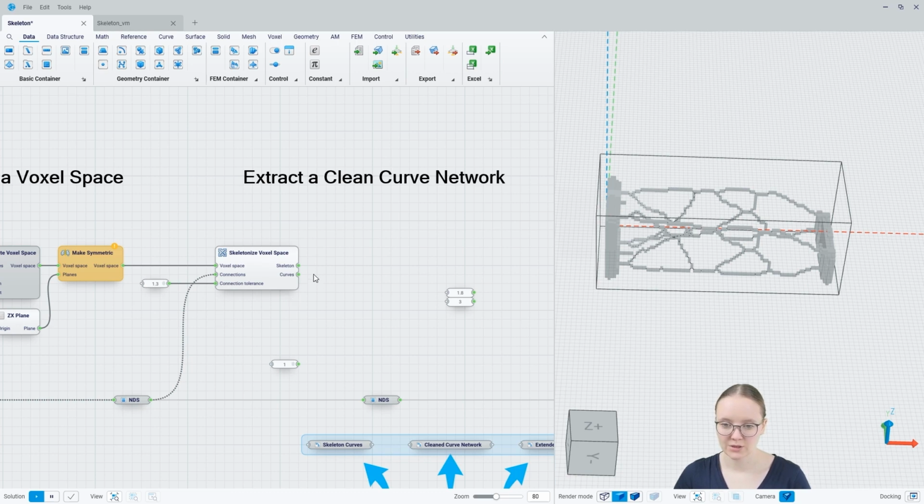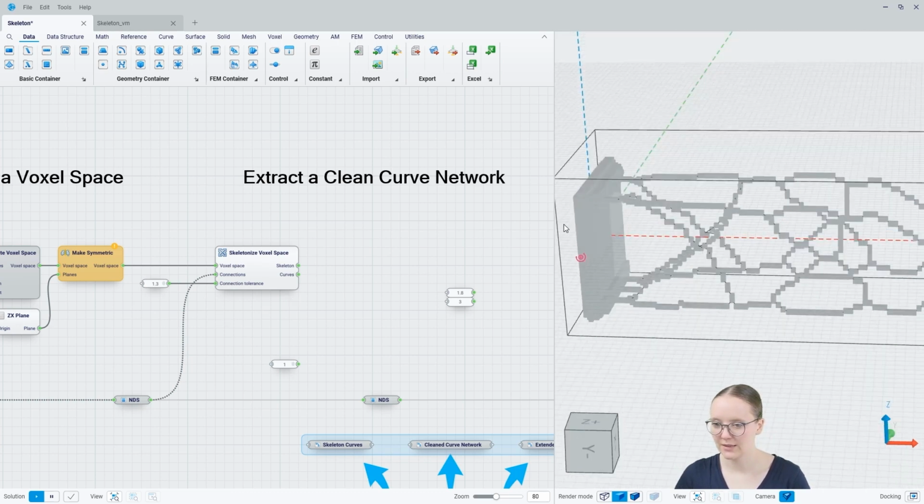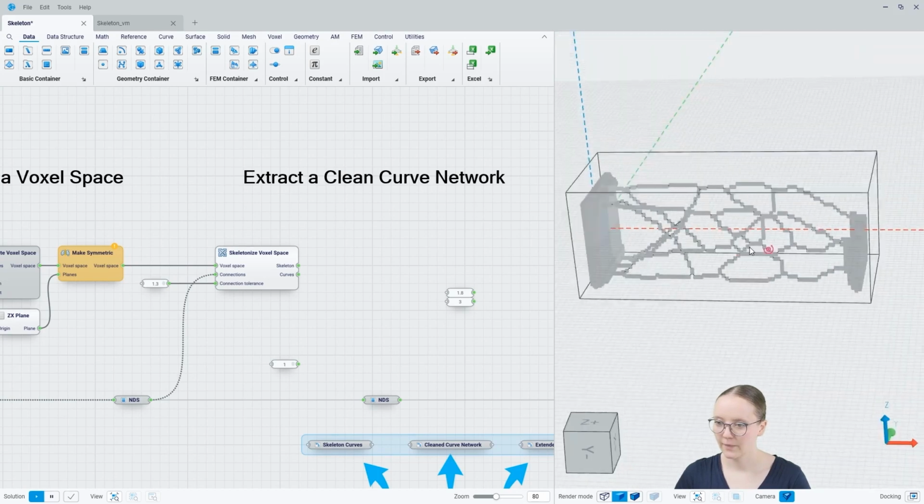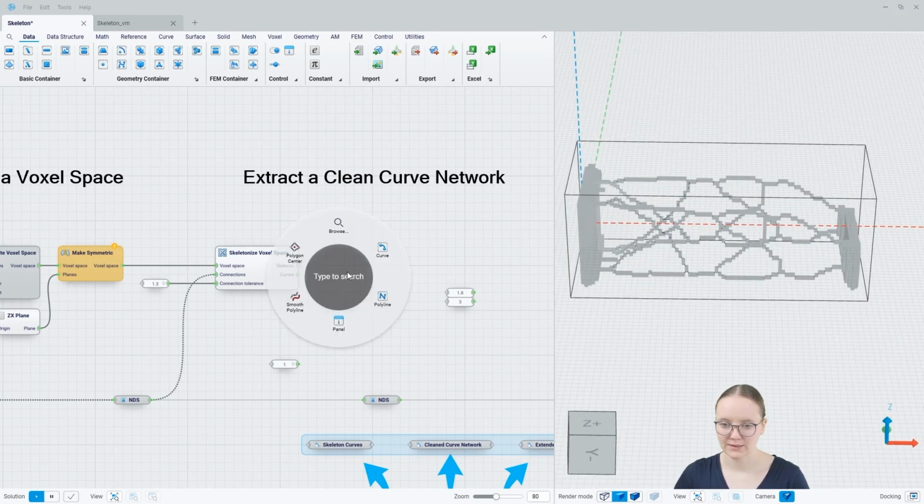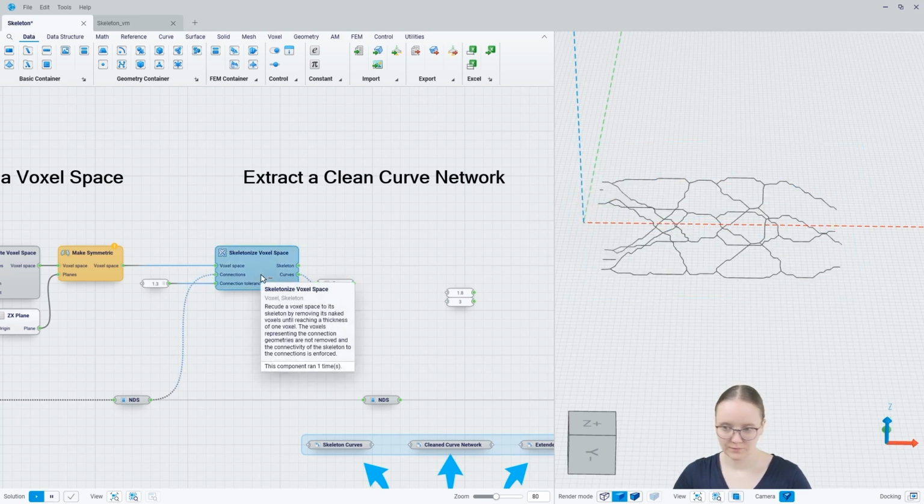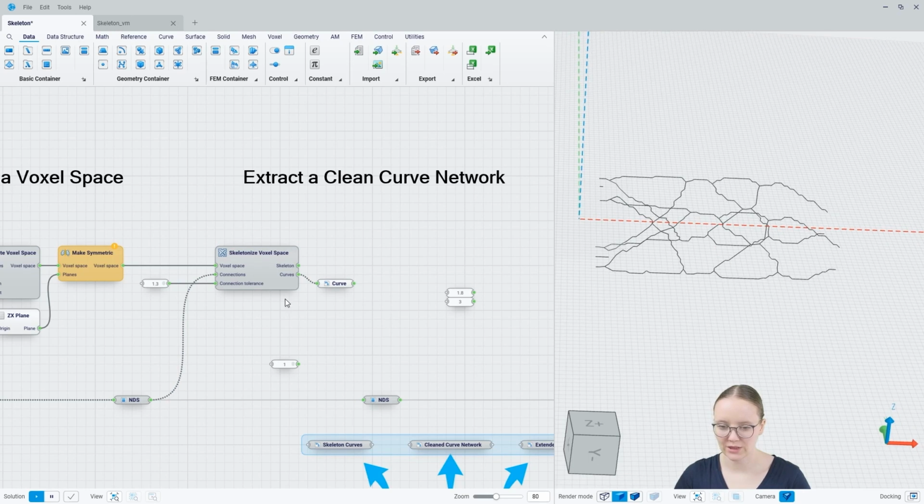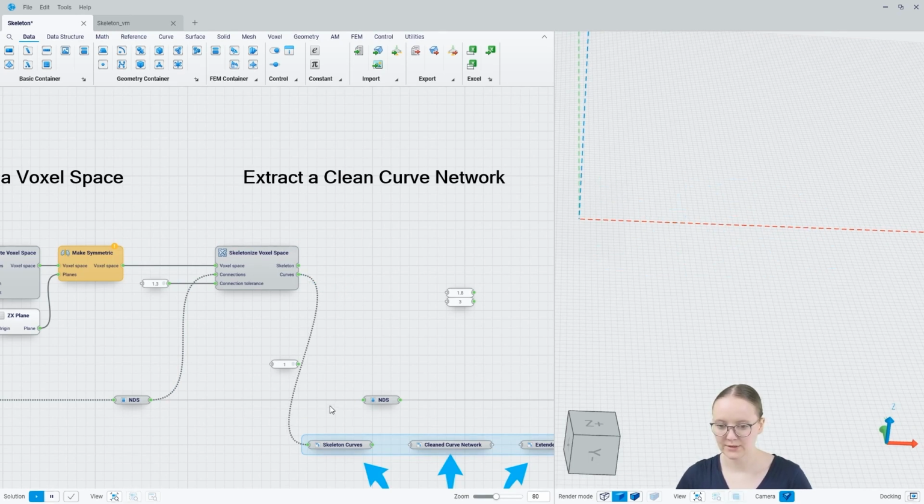And let's check out the result. You already see the voxels that build up the skeleton, but let's also take a look at the curves. These are our curves, and I prepared down here some basic containers so that we can later compare the different states of the curve networks. We will now clean up this curve network,